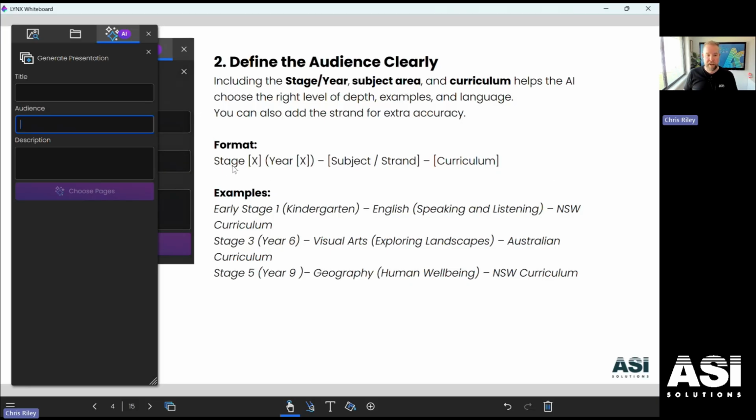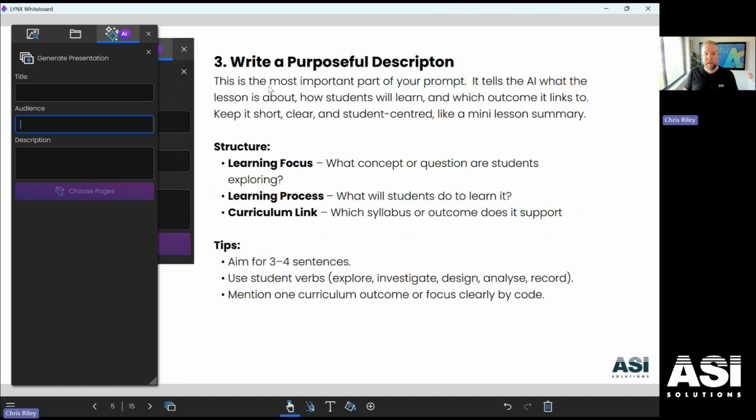So example here, you've got the early stage 1 kindergarten, English speaking and listening, and then New South Wales curriculum. Or you can go stage 5, year 9, geography, the human well-being, Australian curriculum, or New South Wales curriculum, or the Australian curriculum. Whatever curriculum you're working for, it's available within our AI language bot to be able to then pull that information out. And the last one is a purposeful description,